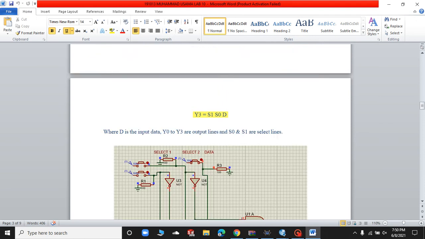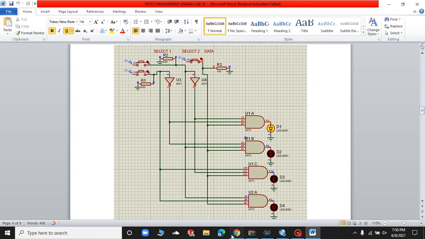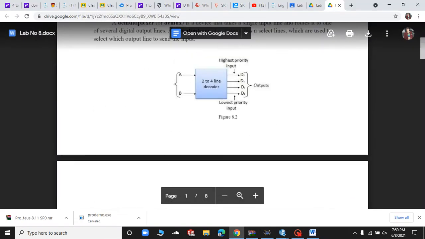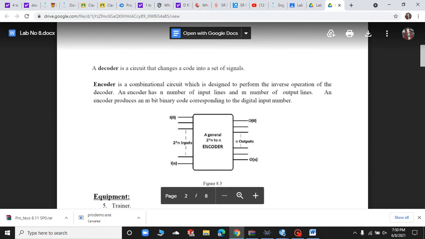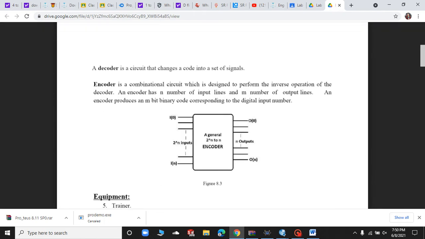Now as far as the decoder and encoder are concerned, a decoder is a circuit that changes the code into a set of signals. We have a number of inputs and a number of outputs. The encoder is a combinational circuit which is designed to perform the inverse operation of the decoder.